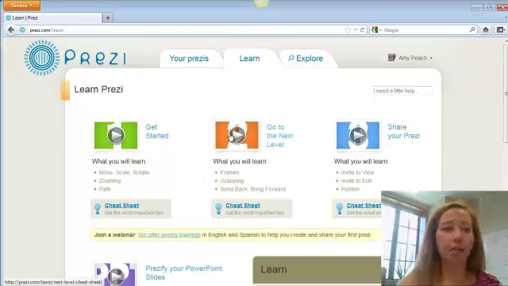All sites have good tutorials and links and things like that. This one is really, really good. I love it because it's so clean. It's got one section on getting started, then going to the next level, and then sharing. So it gives you a good little idea of what you're going to learn, and then it has a cheat sheet right below it. So if you're one of these people who really likes to have a hands-on sheet when you're learning something,